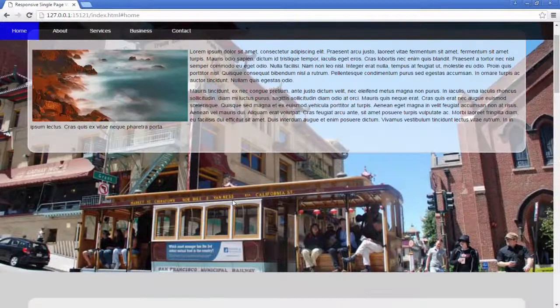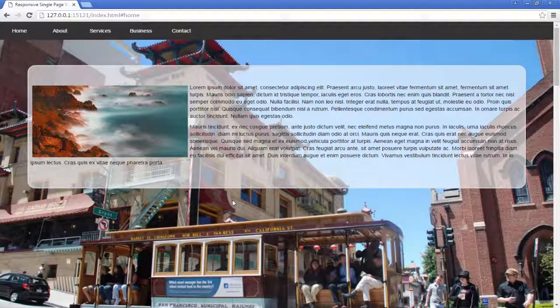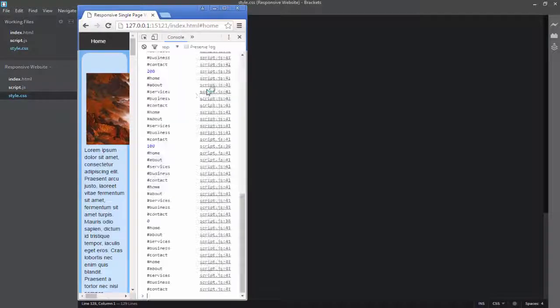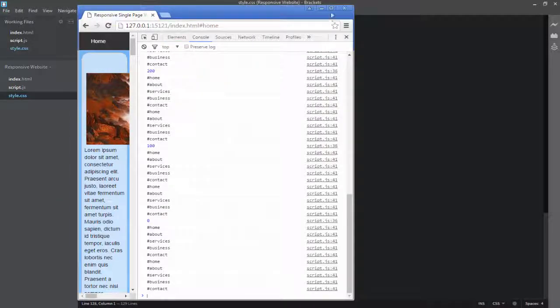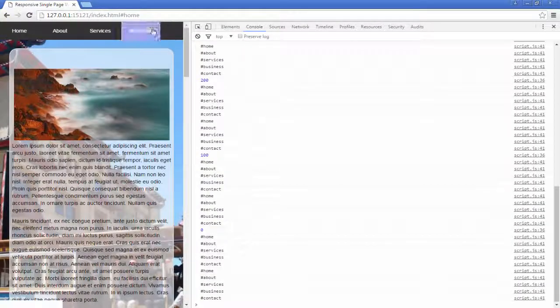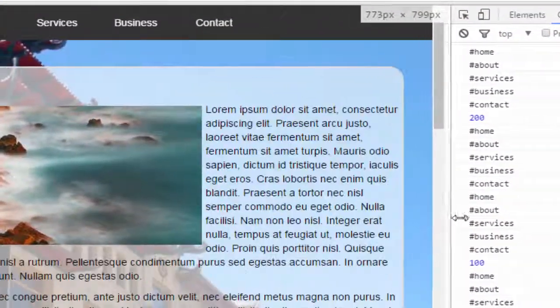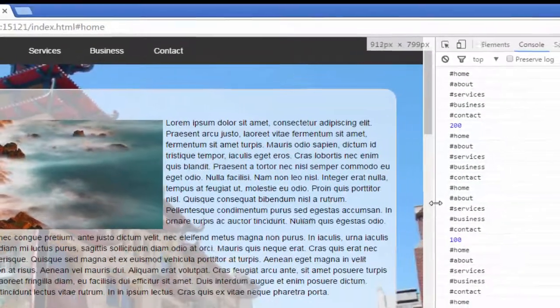Hello guys, in this video I am going to make this web page responsive by using media queries. Basically, I am going to use media queries to make the navigation of the web page responsive. As you can see right now, if I open up the console of the browser by pressing the F12 key on the keyboard, you can see your web page size. You can drag around the console, and it shows you the web page size.